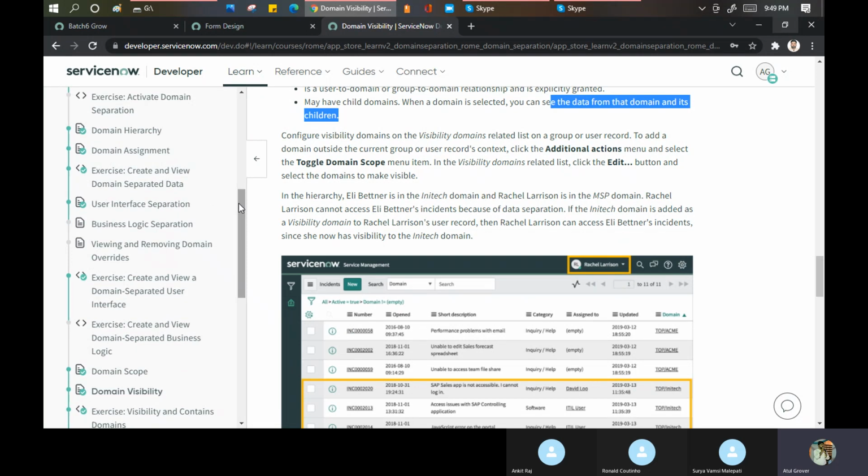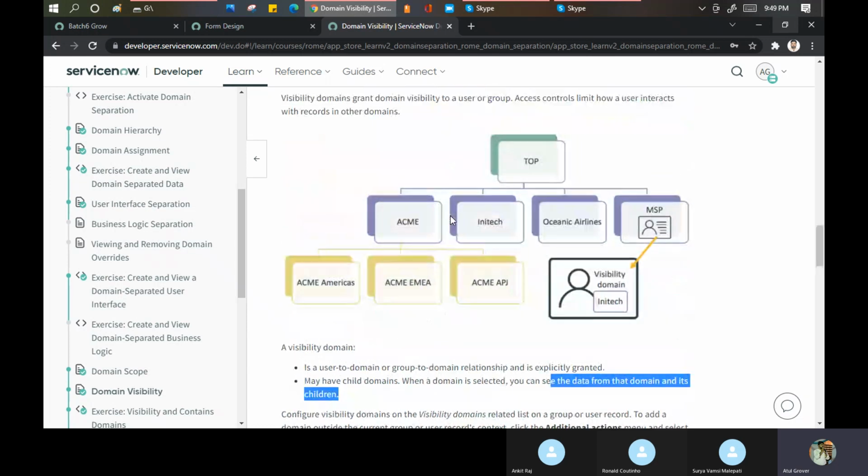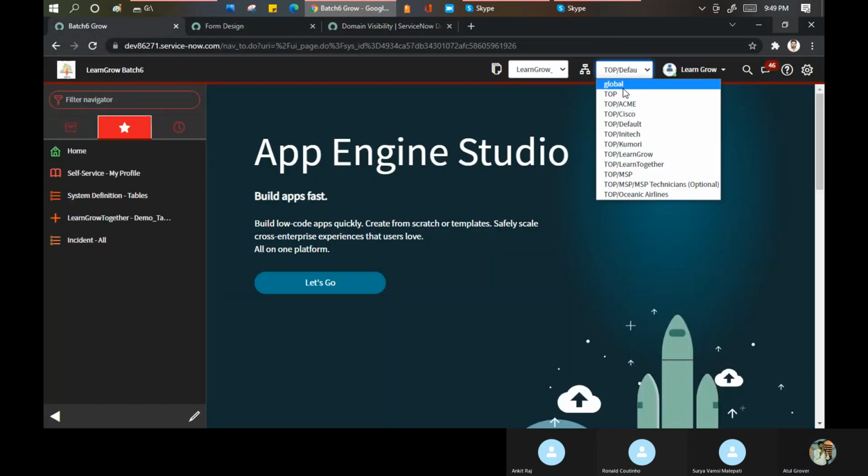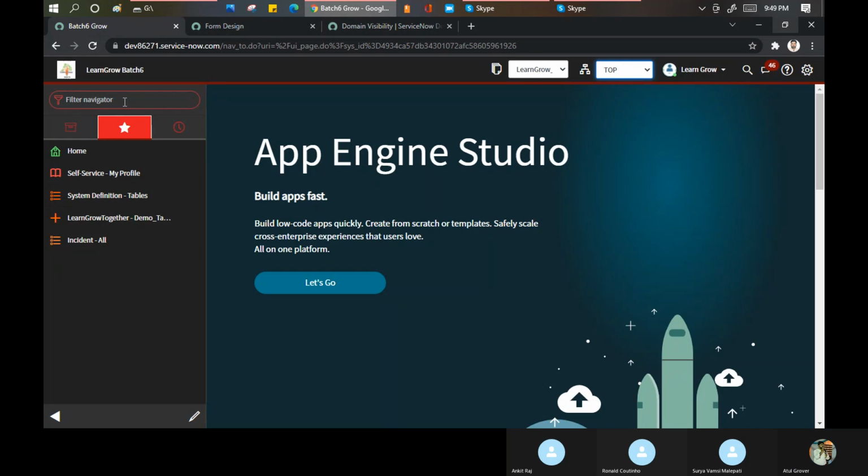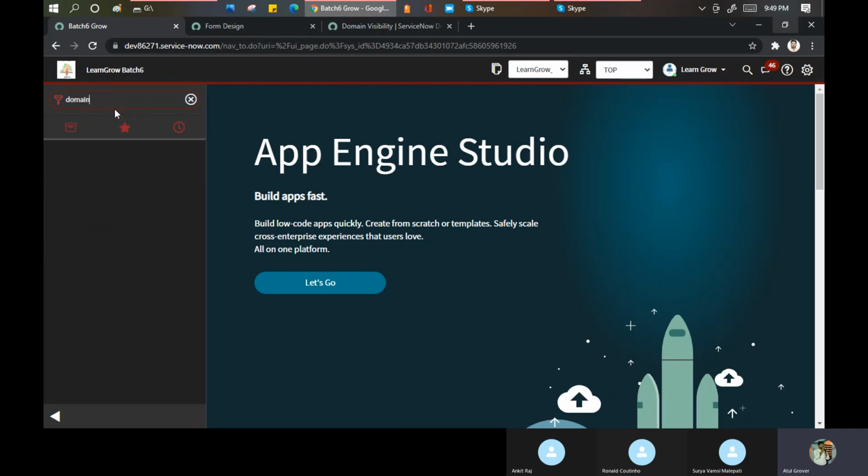The one from the slush bucket, you were trying to add Kumuri over there. Right. Apologies, there was some distraction in my mind. How did you add it afterwards? Because you had selected top over there, and even after selecting top, it was not giving the option of any other, right? The reason can be that we did not open the toggle domain scope. I'm still okay on that, but let's do one thing. Maybe I can go to the domains. Okay.